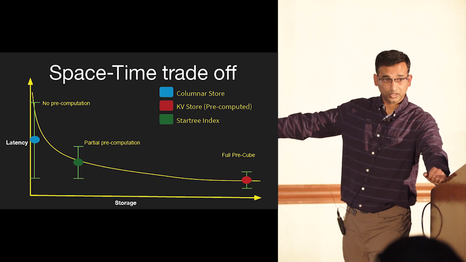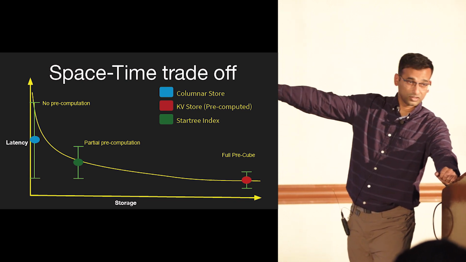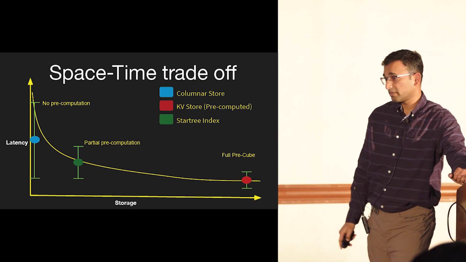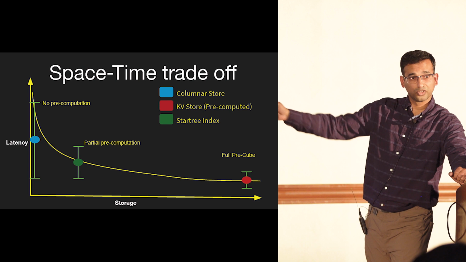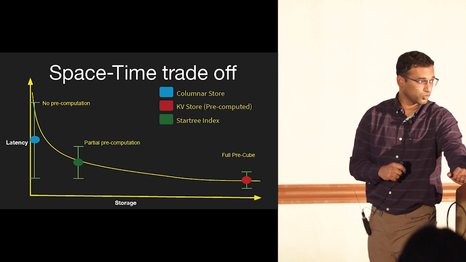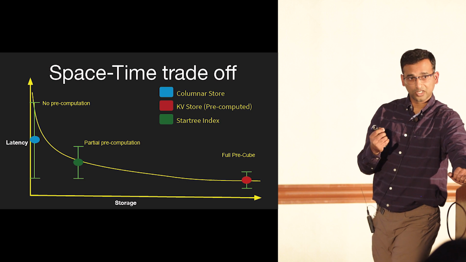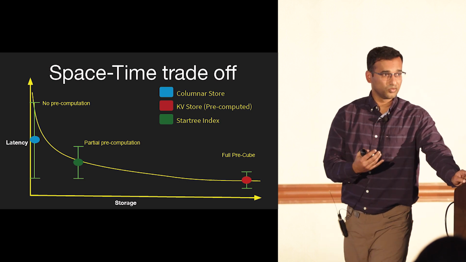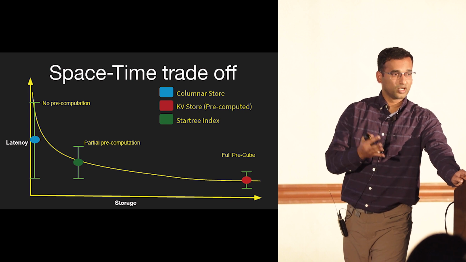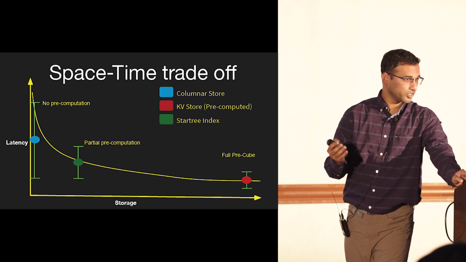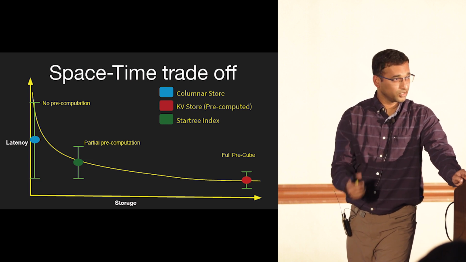So Pinot now becomes this hybrid solution where you can either go all the way to this extent, which is super fast, or play very similar to Druid, which is just keep it in raw format. Or you can have this knob, which is for any given query, what is the max number of rows that I can scan. So the configuration is really based on you can say that, hey, for any given query in this form of A equals some value and B equals some value, I should never scan more than 10,000 records. So 10,000 is basically your key there.